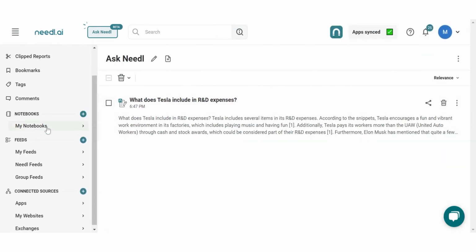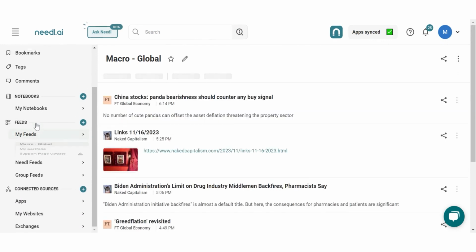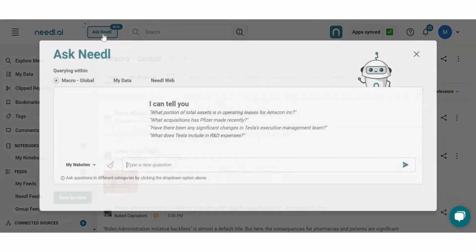Now, you can also use Ask Needle on any of the feeds of your choice. For example, let me take a feed Macro Global here. You can just go to the feed that you want to run the query on and again click on the Ask Needle logo. When you click here, it will now show you three options, which would be Macro Global, which is the feed name, My Data, and Needle Web, which we just now saw. To search in this feed, I will just type a question which would be, say,